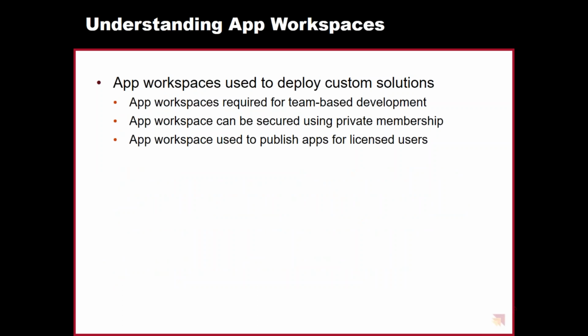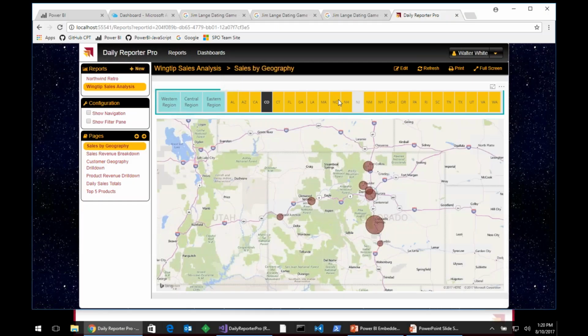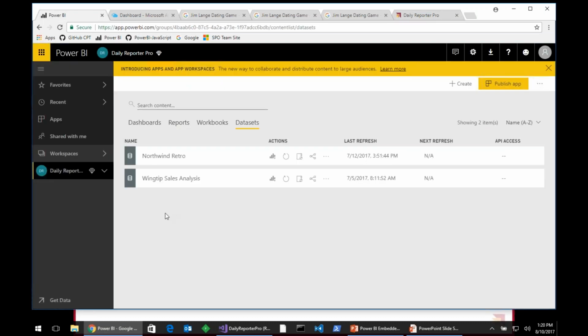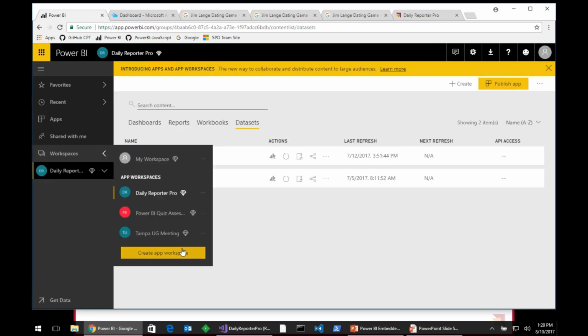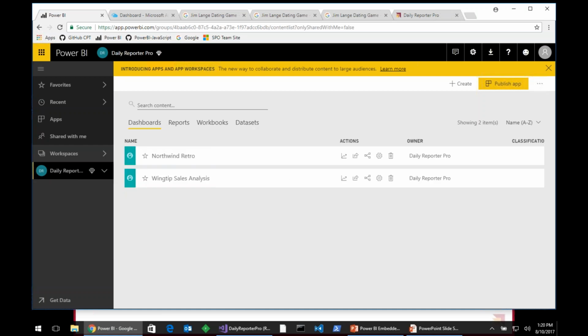Now, what we want to look at is App Workspaces. So App Workspaces are used for many different things in the new Power BI model. So if I move over here, and let's go back to Power BI, note that we have different workspaces, and everybody who has a license has a personal workspace. But if you have a pro license, then you're able to create and participate and collaborate in these things that are App Workspaces. Now, if I take a look at this App Workspace right here, you can see just like a personal workspace, it has datasets, reports, dashboards, and you can upload Excel workbooks inside there. Okay, and so